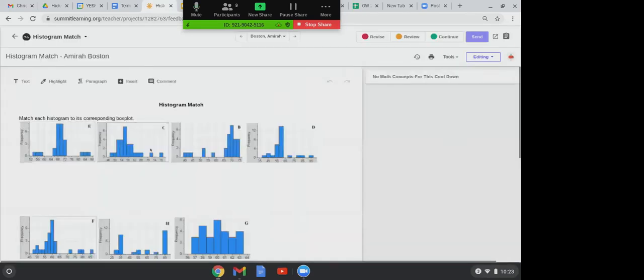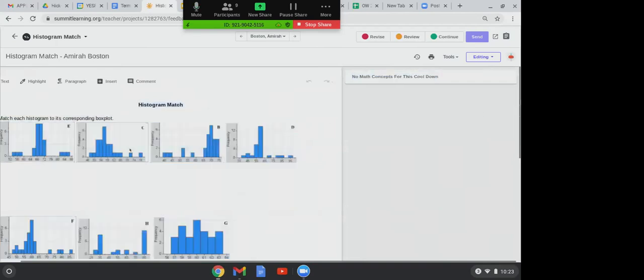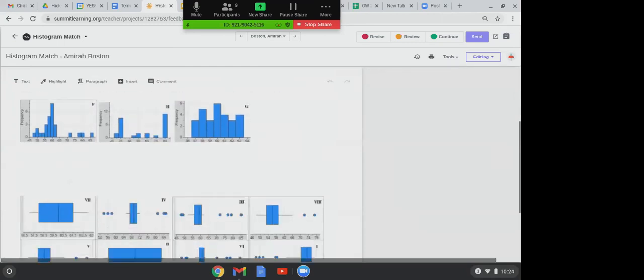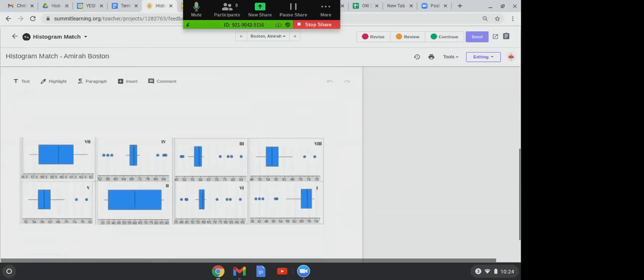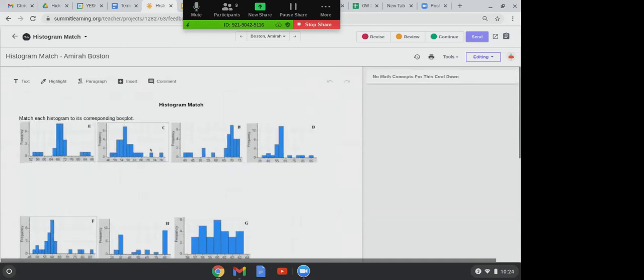So here is what they want you to do. At the top, you have 7 histograms. At the bottom, you have 7 box plots. They want you to match the box plot to the histogram. And again, it's about observation. So for instance,